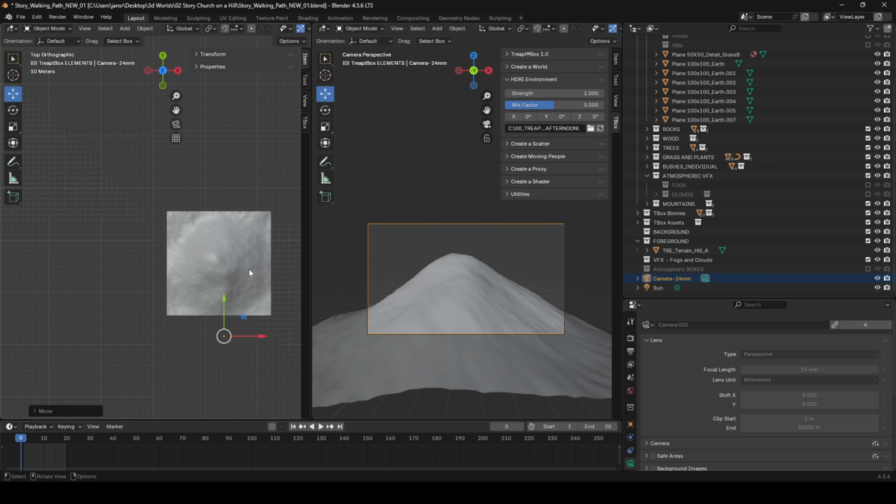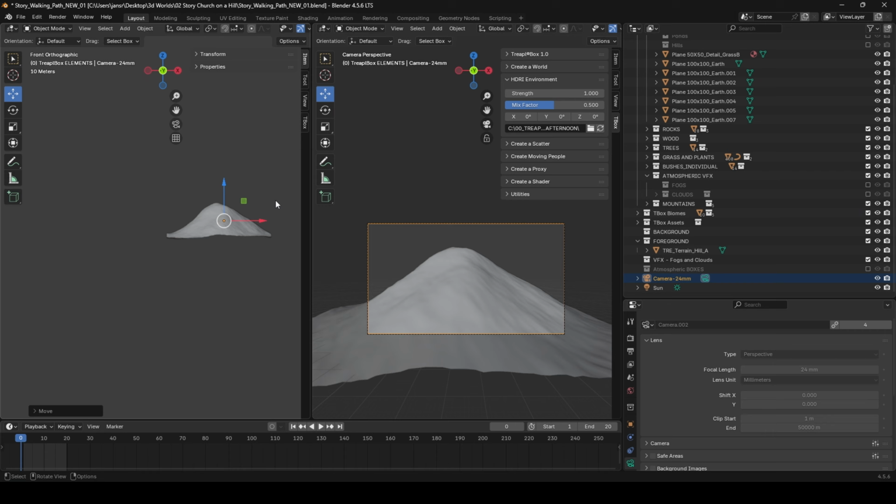And now what I want to see is the top of the hill lower, but I still want to stay down with the camera. The only way to achieve it is to rotate the camera normally, but that would give us the third vanishing point. But I want to see the scene in a nice architectural way, so I don't want to see the third vanishing point. The only way to do it in Blender